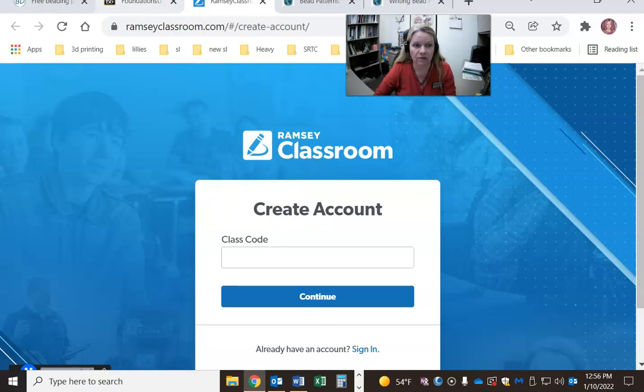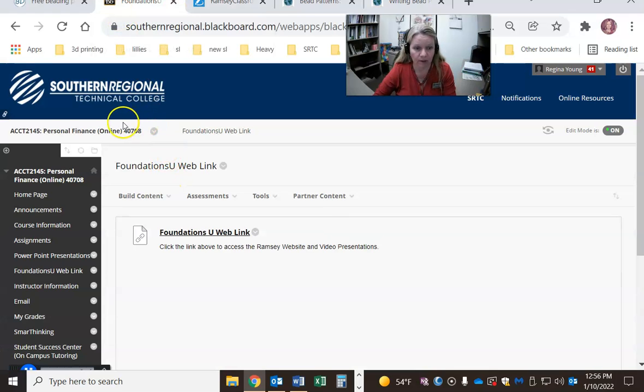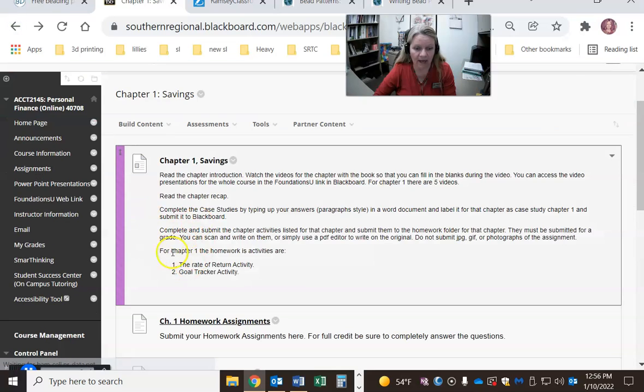Once you've watched the videos, you'll come back to Blackboard and go back to the folder. Your instructions again say watch the videos, and then you can fill in the blanks in the video. The blanks are in the book in each chapter. For example, there are 5 videos in chapter 1, so there are 5 sections with blank sentences. The first one might be something like